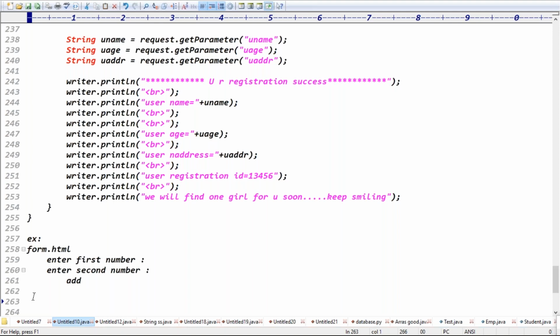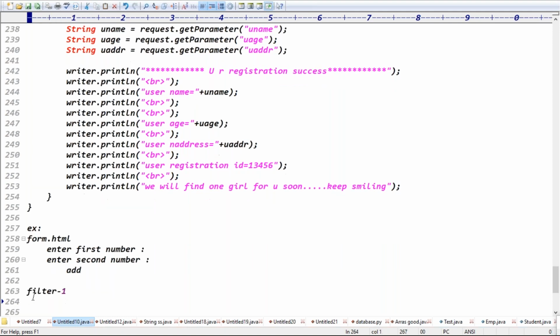When I click the add button, the request goes to filter one. In filter one, the point is: take the enter first number. If the number is an integer, forward the request to the next filter.